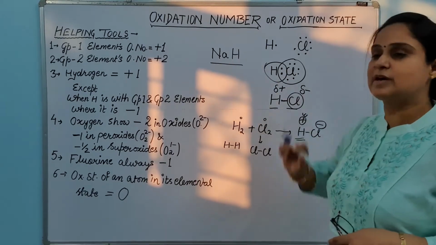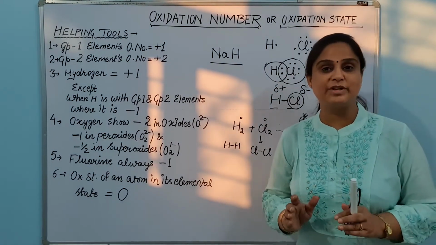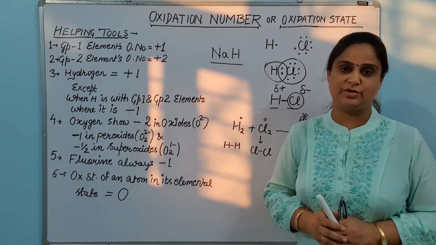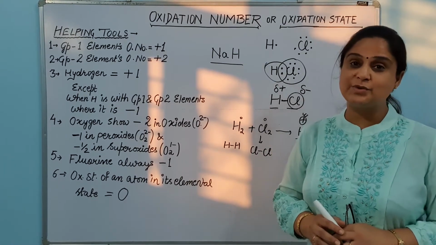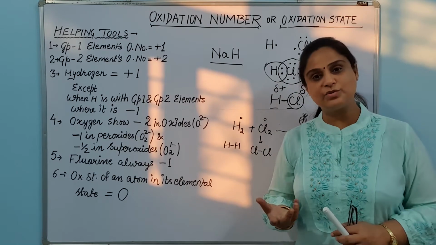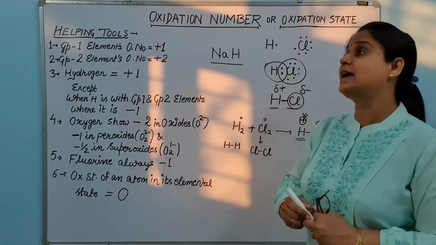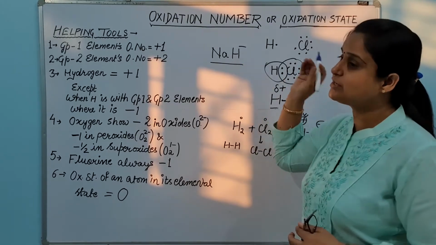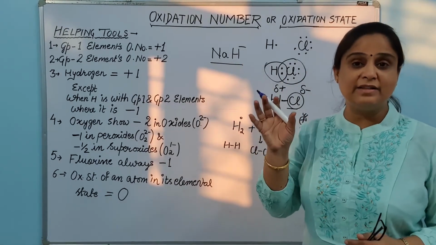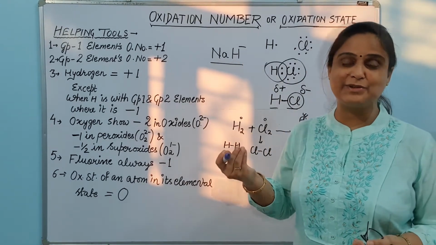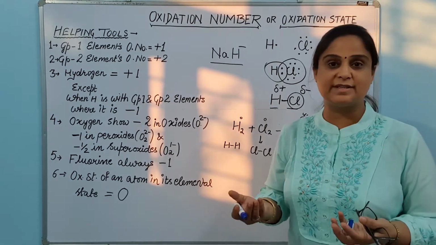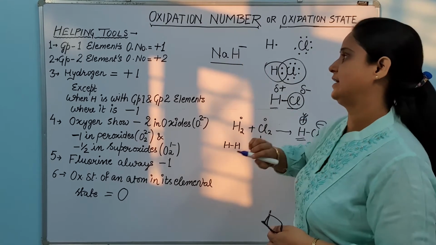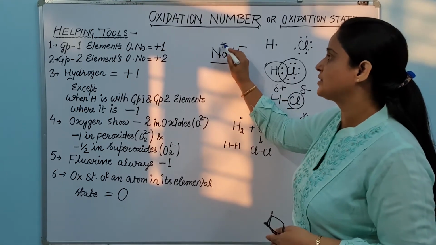Fine. So in this compound, all of you know this thing, that sodium is a very good metal, and no one in this world can give an electron to the sodium. Okay, so what will the sodium do? Sodium has a tendency to lose the electron. It is a very good metal, and just because it has a tendency to lose the electron, hydrogen has to take the electron, and in this condition hydrogen gains the electron. No option does it have now. So in that case it gains the electron, and that is why it becomes negative. But sodium will get a positive charge.